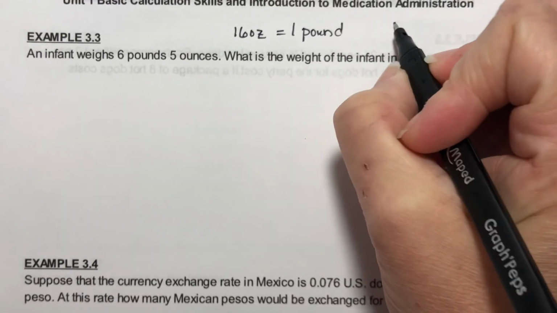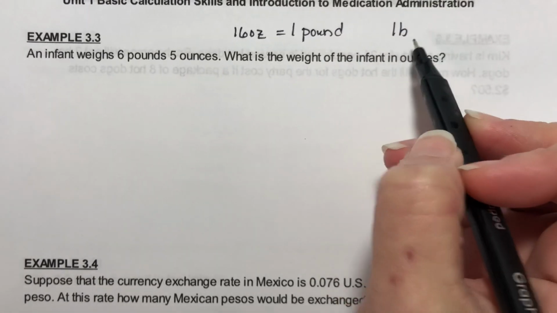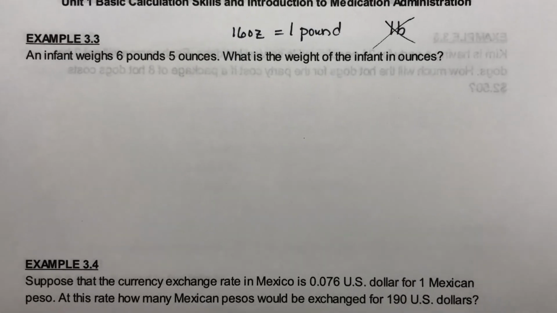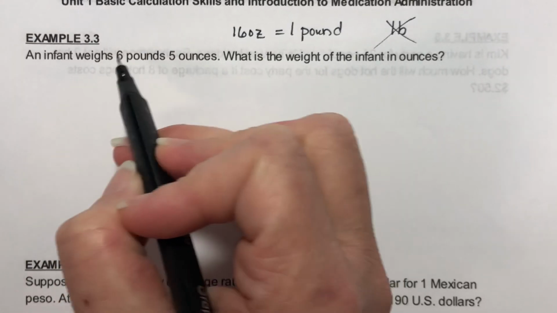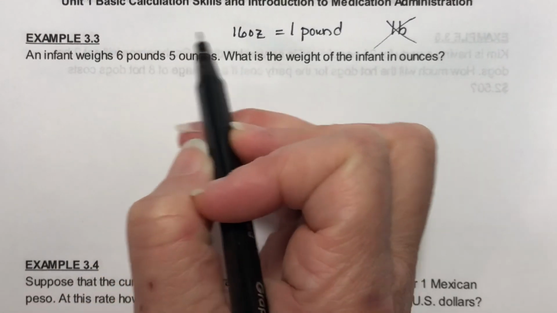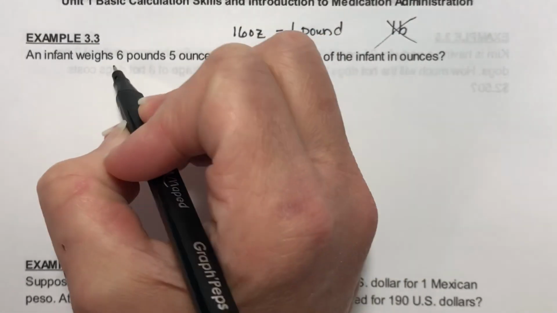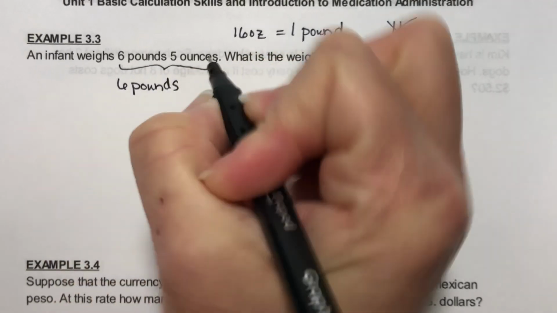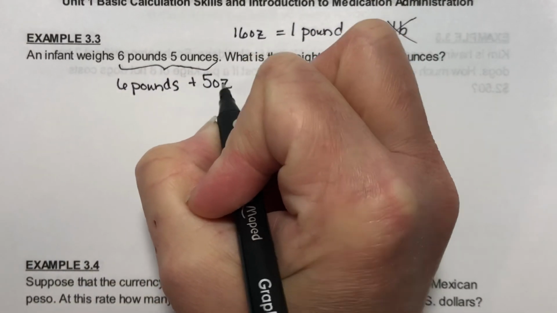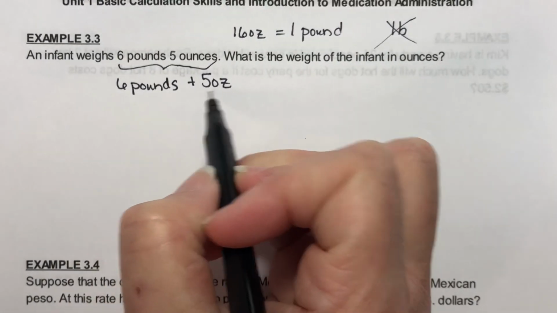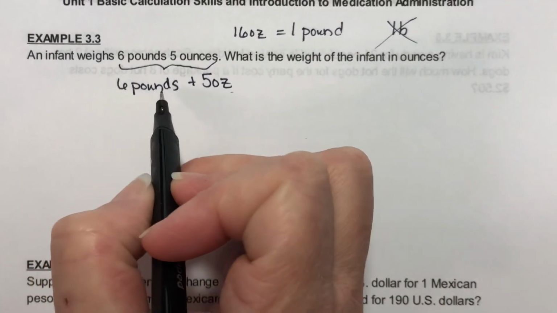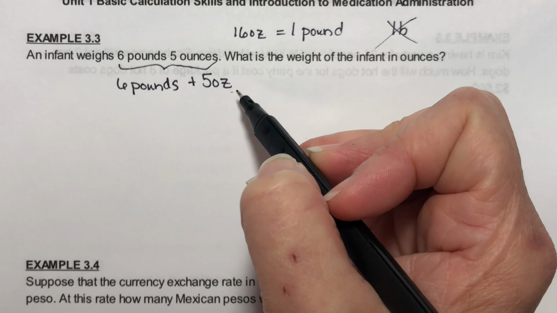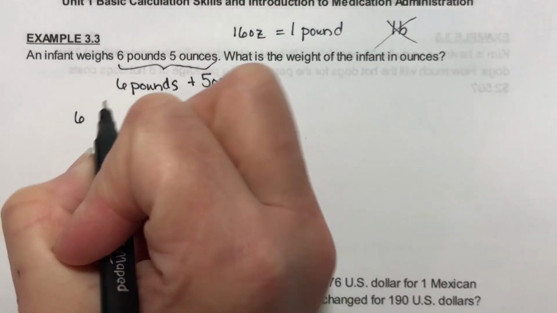The abbreviation for pound is LB, which looks like 1B, so I strongly recommend you don't use that when you're dealing with numbers. Okay, so let's think about what this means. I already have part of it in ounces, right? So another way of writing this is 6 pounds plus 5 ounces. Since this is already in the correct form, I'm going to worry about changing 6 pounds to ounces, and then once I have that, I'll add this extra 5 ounces to it. So 6 pounds